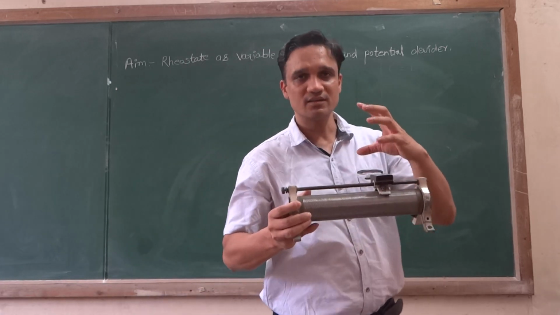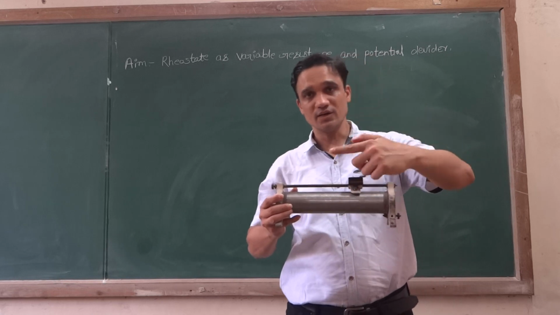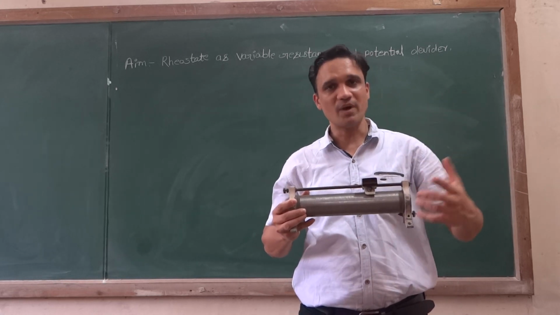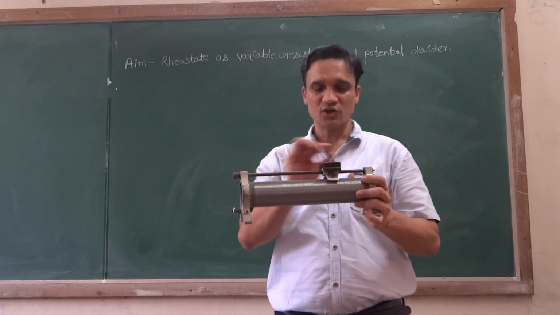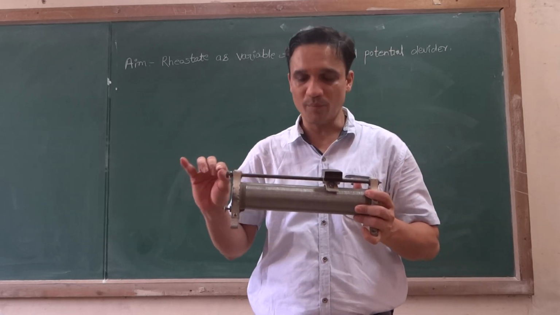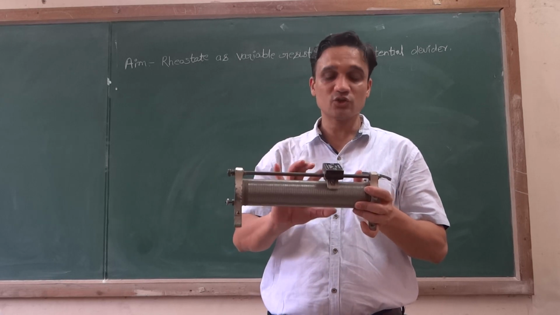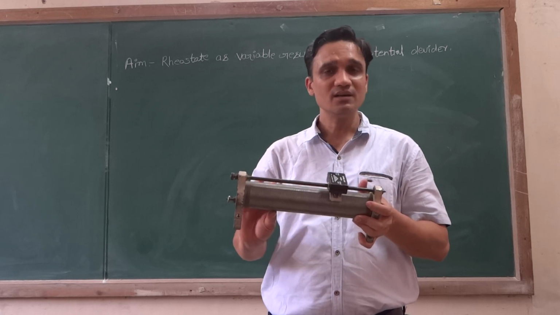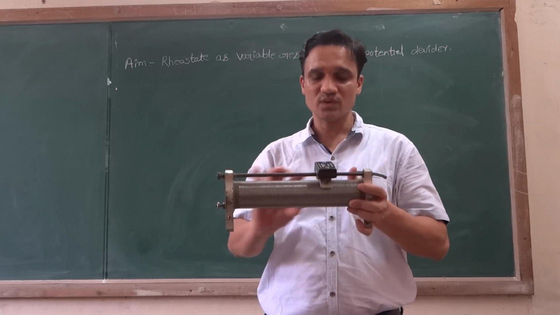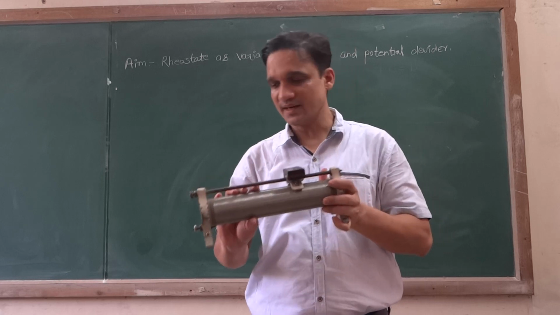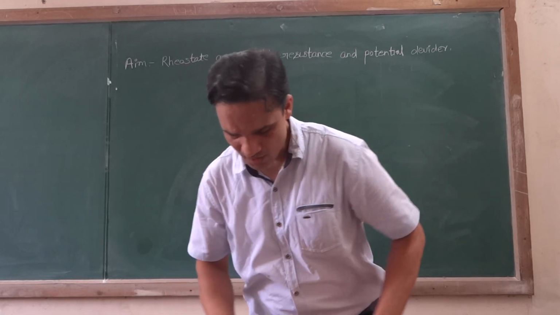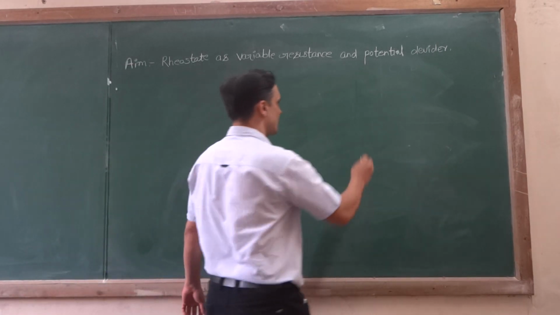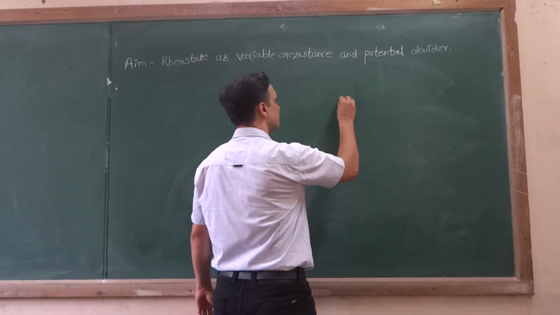This is very simple. There is a nichrome wire simply wound on a non-electrical, non-magnetic cylindrical portion, and on top of it there is a copper rod, which is in contact through the carbon-coated copper strips with the nichrome wires wound on this cylindrical portion. Now, there is a pictorial diagram which I can draw to represent the rheostat. You can see it in the textbook. It is given like this.